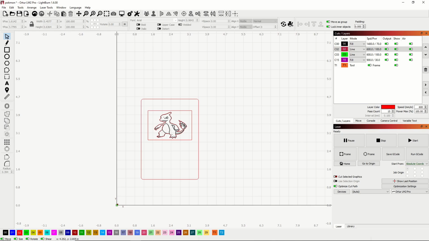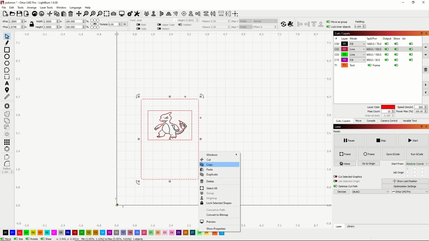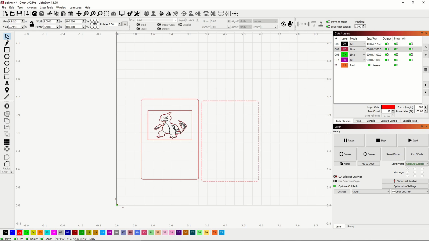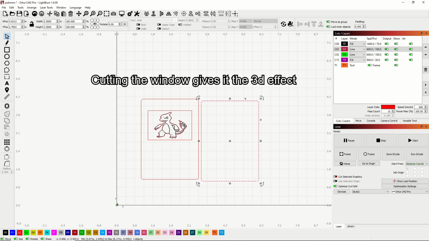We need a back piece to this. So there's two ways that you could do this. You could simply copy the outline, paste it, and now you have your back, which is going to happen. So what's going to happen is that the Charmeleon is going to be cut out. This is going to be cut out with a window, and then we can just take and glue this directly